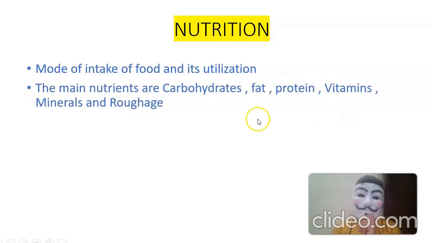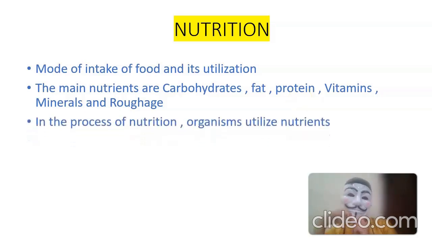The main nutrients like carbohydrates, fats, proteins, vitamins, minerals, roughage. There are many more nutrients, and I had to add etc. I didn't add it. So the main nutrients are carbohydrate, fat, protein, vitamins, minerals, and roughage. So in the process of nutrition,